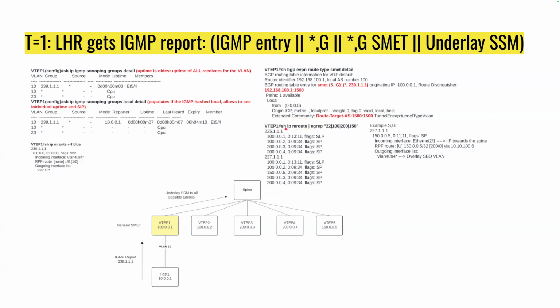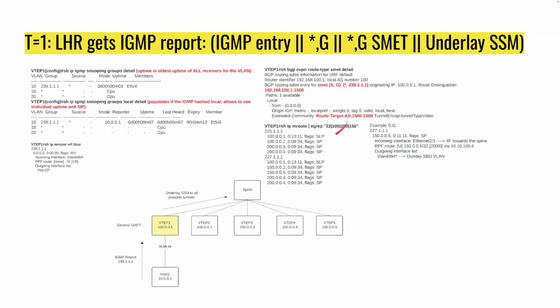right? So if you look at the mroute in the default VRF, not the VRF blue, if you do show IP mroute, it has joined these many groups. Let's decode every group that it has joined, right? If you see 225.111, this is basically for VLAN 20 that it has received from all other VTEPs, because here the feed can be in any VLAN, right? It can be in VLAN 20, VLAN 30, or anything. So it will try to join all the SPMSIs that are received with that L3 route target,